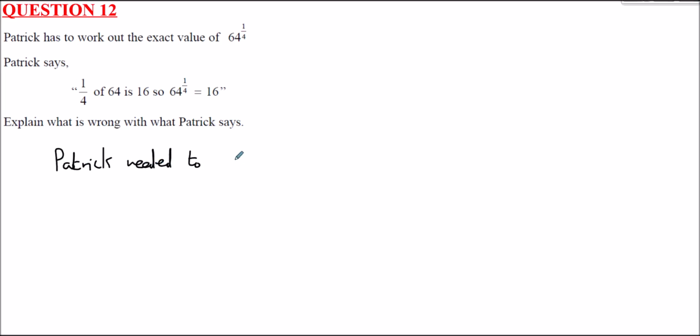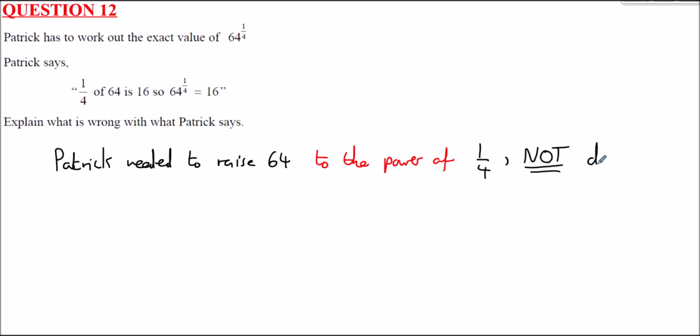needed to raise 64 to the power of a quarter. Not do what he's done. Actually, I won't put do. Do is a bit simple. Not to calculate